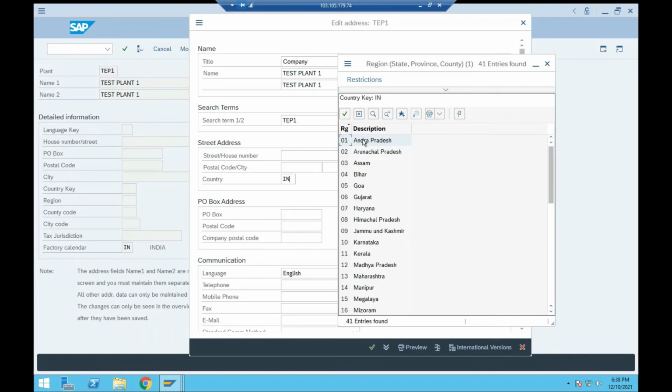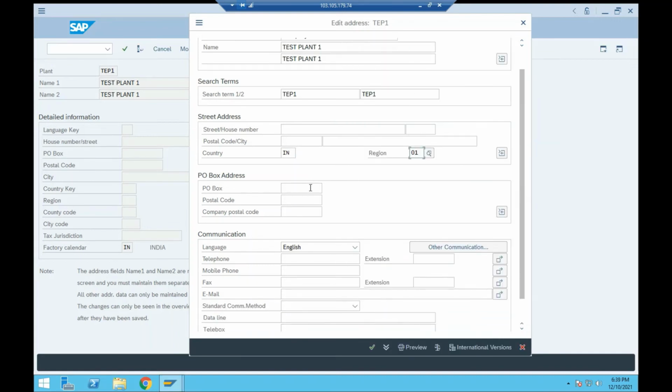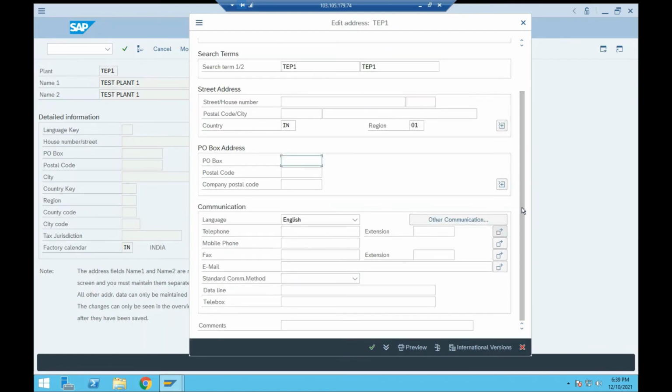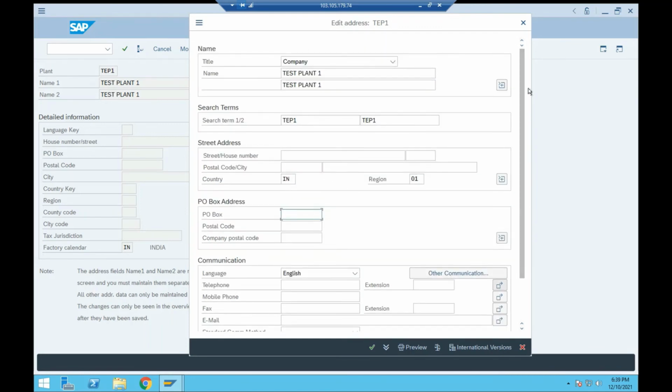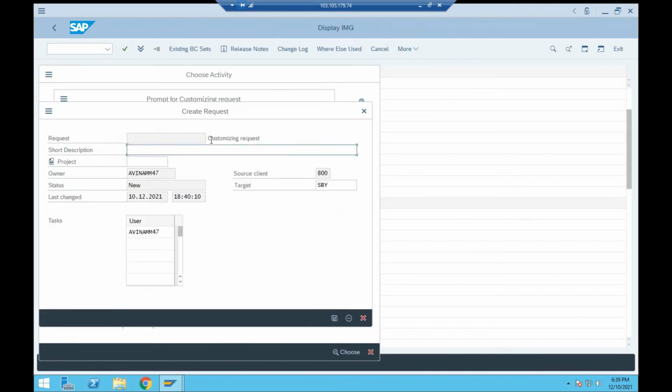Wherever the plant is located, we can enter the country there, like India, Germany, or USA. The country field is mandatory for a plant. Other fields are optional, but you can fill them according to your requirement.